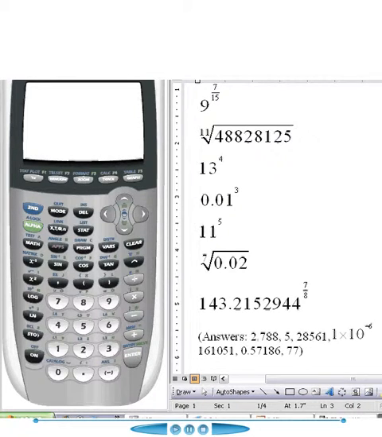Okay, let's take a look at the TI-83, TI-84 calculators using the calculator workout. We have our problems here and our answers are at the bottom. Let's look at the first problem. We want to raise 9 to the 7/15 power, so we press 9. Now the key that we use to indicate